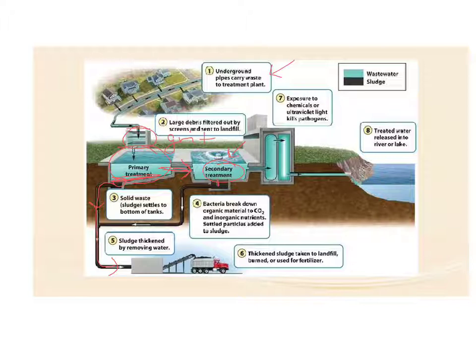And again, the sludge from the dead bacteria and anything else that was floating in there comes down this way, and it combines with the sludge from the primary step. Okay, so now the sludge is thickened. The water is generally siphoned off, and then you get a thick sludge. The sludge is then dried. And it can be taken to a landfill, it can be burned, or it can be used for fertilizer, depending on what the municipality allows.